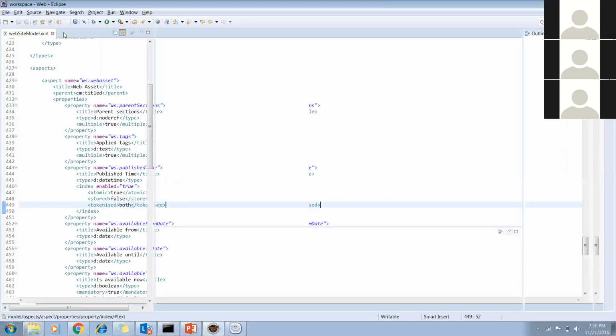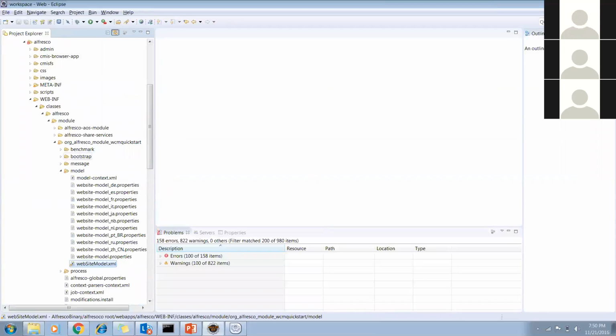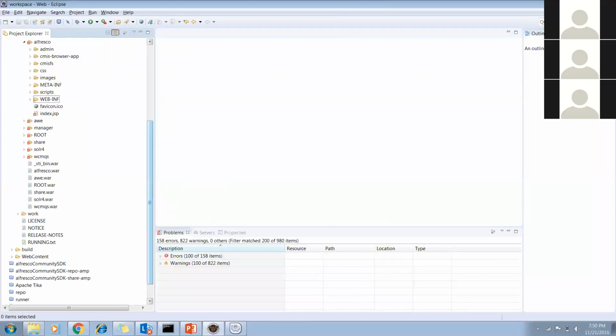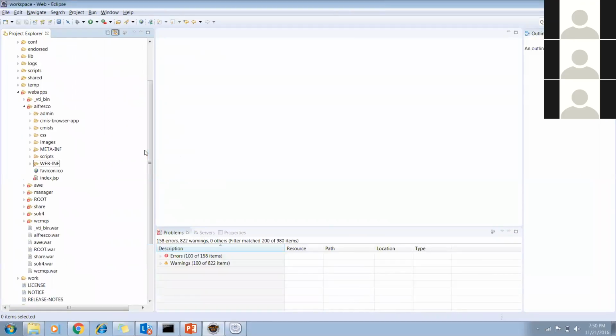Now let me move to the other topics. Today I am giving you the basics of the content model. So first of all, I am trying to create the requirement. Today I have also created a page, and this is the way to create a page in Alfresco. But you won't be able to understand: why should I create a page, and where will I use this page?